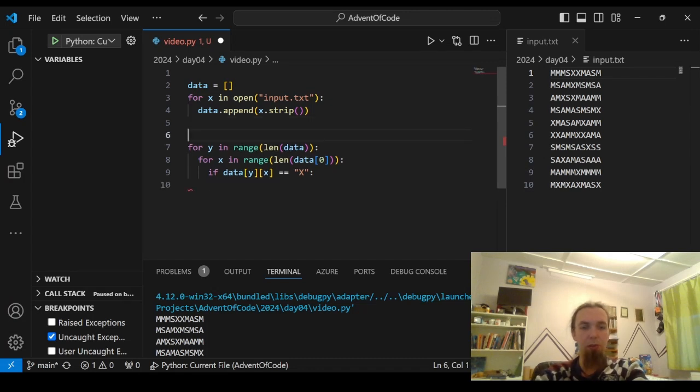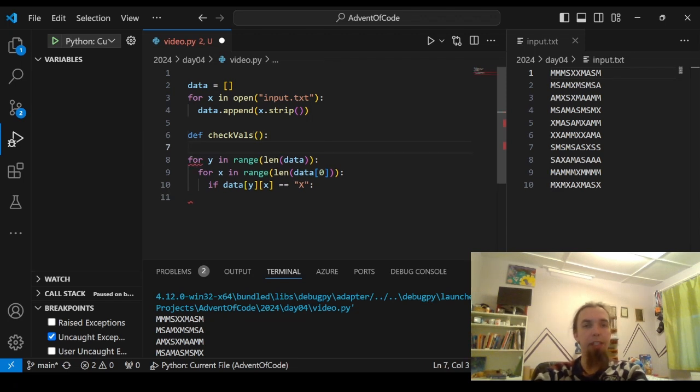Let's make some new method. Let's call it def check vals. As input parameters, I will put our current coordinate, y, x, and also which direction it is going. So it will be dy and dx, like that. And in this check vals we need to